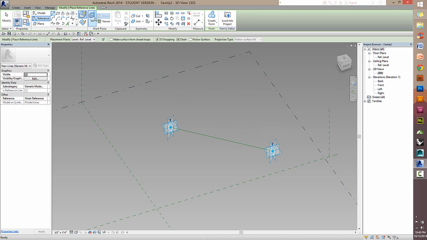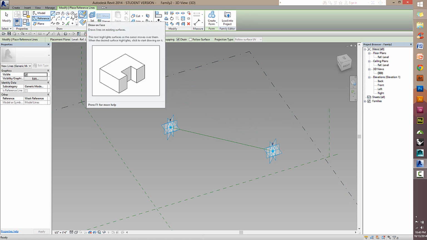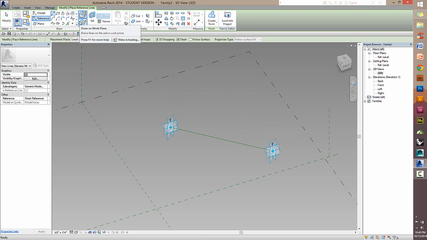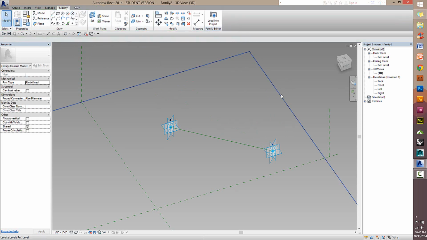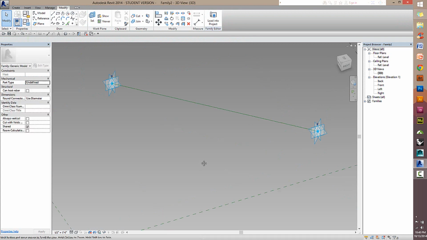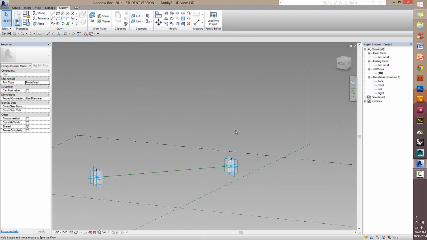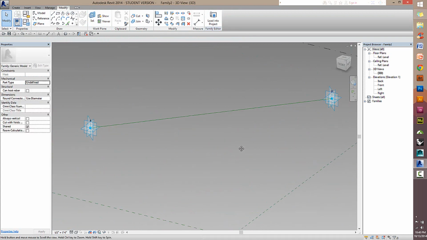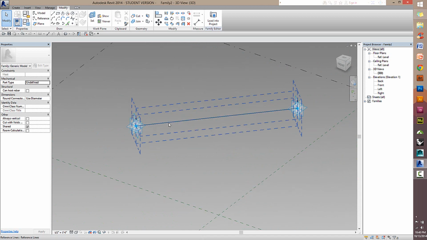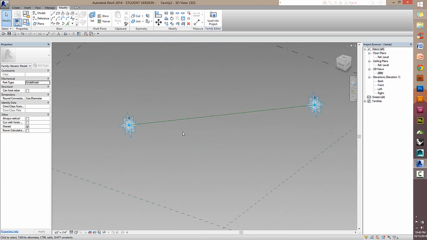One thing you may want to note about the reference line I used was the options that I had set up here. It was reference, align, but very importantly, it was also drawn on face. If it were drawn on work plane, it would associate with this work plane before it would associate with these points. And it could cause some strange things to happen down the line, which is one of the biggest problems with